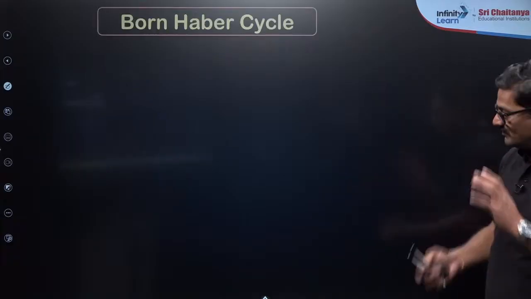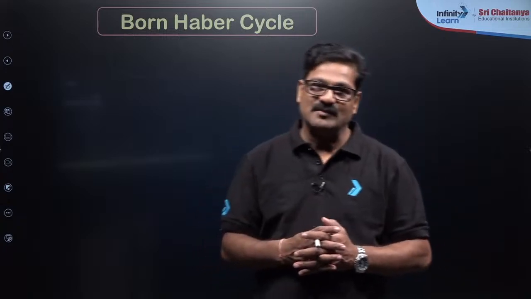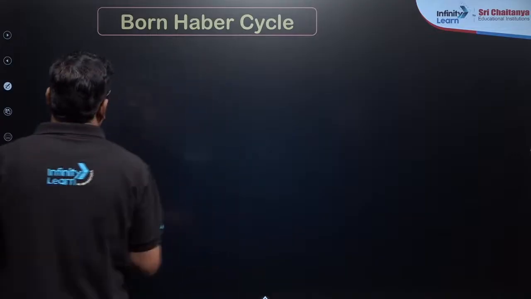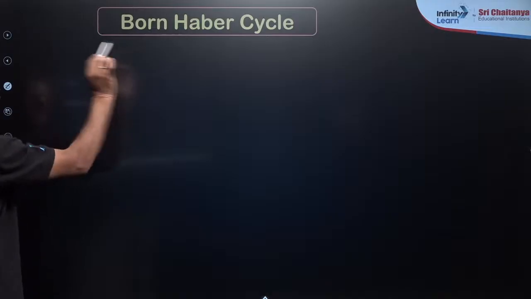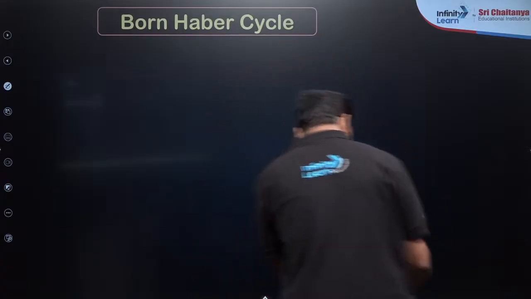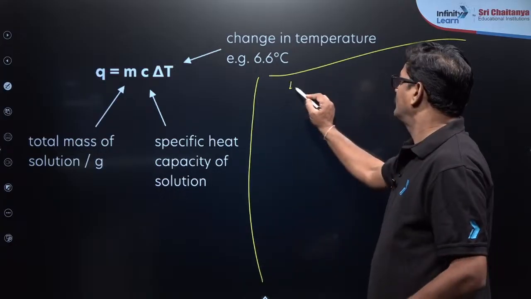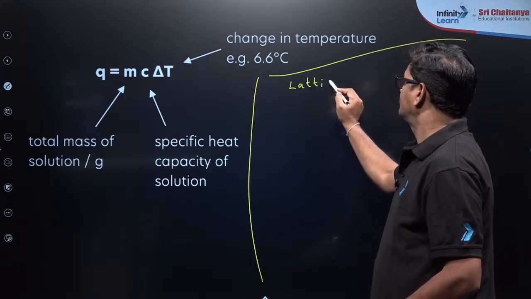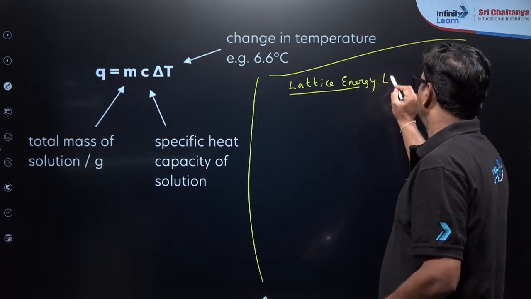And I just want to say Born-Haber cycle is very important. Students have a lot of confusion in this Born-Haber cycle. So let us discuss this Born-Haber cycle here. If you talk about lattice energy, what is the meaning of lattice energy? Lattice energy is the energy that is released when, let me talk about this. One more slide you will take here. Lattice energy, so that is indicated by Le.